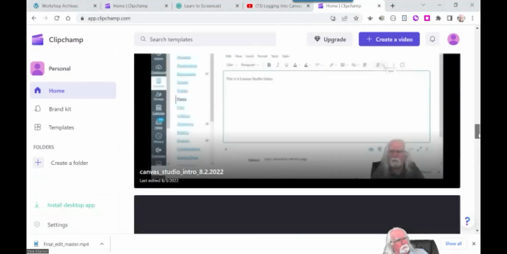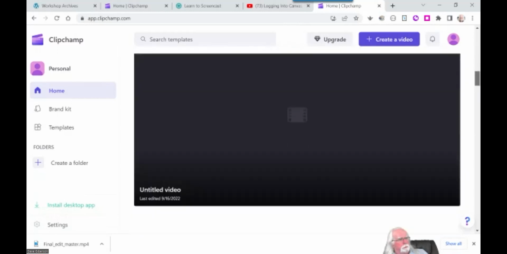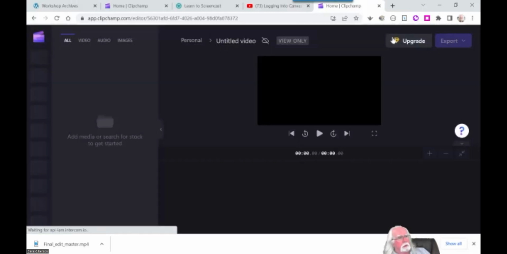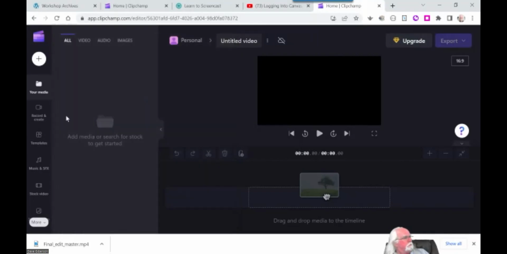So you can always get back to any of these projects and work on them. And you can start a new project by just clicking create a video. And then you can load video that you already have, video and still images and audio that you already have into your Clipchamp project just by using this plus sign here and this interface. Or you can create